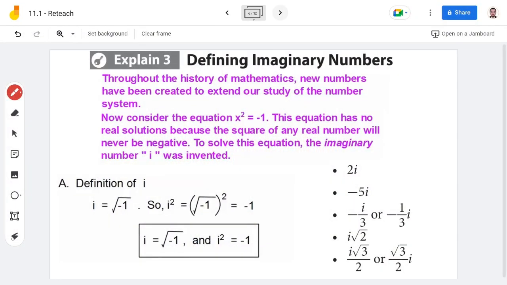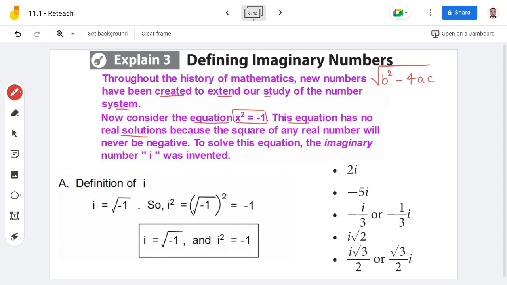Let's do the imaginary number. Throughout the history of mathematics, new numbers have been created to extend our study of number systems. Now, consider the square root of a negative number. This equation has no real solution, right? You know that. If you remember the discriminant, b squared minus 4ac, all of that in the formula is